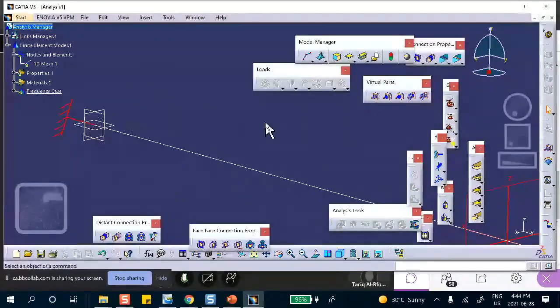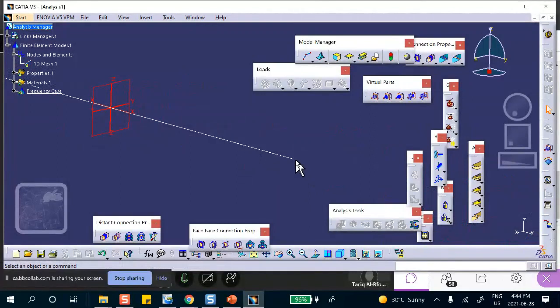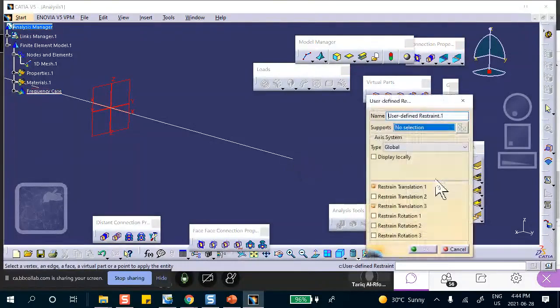If you put it on the point, it'll take it for you gracefully, but at the end, it'll give you no deformation because there is no restraint, or it'll give you something that doesn't make sense. This one is on a roller, so user defined. That particular point does not move in y and z, but is free to move in the direction x. I'm just lucky that orientation is the same. I don't have to do this again.